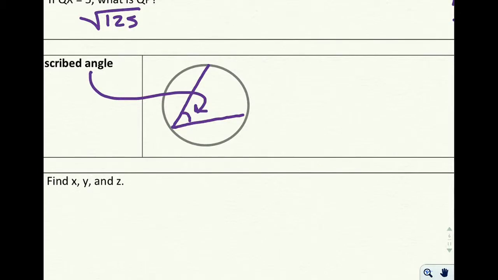So for example, if this arc here measured 94 degrees, then this inscribed angle would be half of that, so that would be 47 degrees. So you just take whatever the arc is and cut it in half, or you take whatever the inscribed angle is and double it. The way I remember this rule is I think of a full circle with a line on